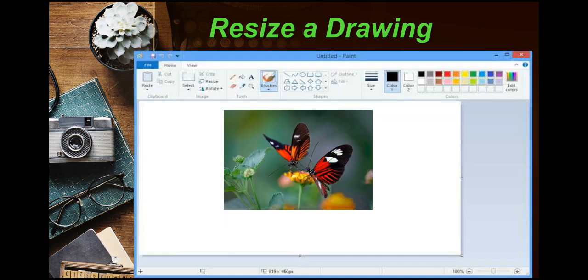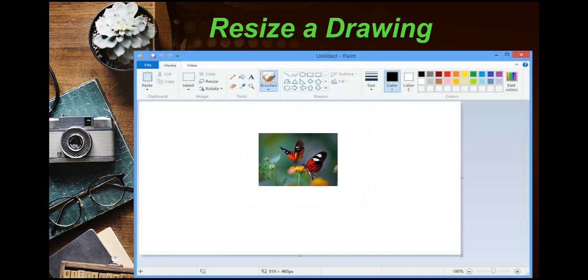For example, over here, the resize option in Paint. A picture is given over here, we just put our mouse pointer at the corner. First we will click on this picture. It will give a selected dotted border, and from the corner side, press and hold and drag our image either to the diagonal inner side or the outer side. It will resize your image. Over here, I have resized the image to a smaller size.